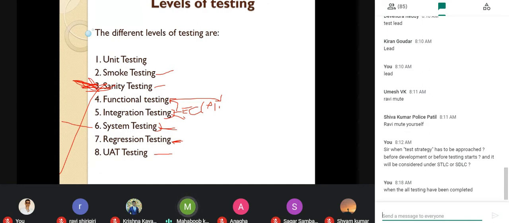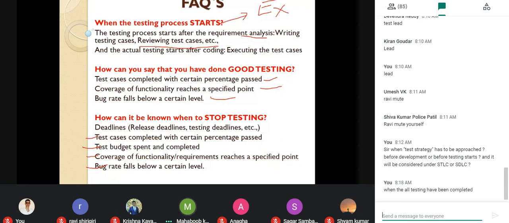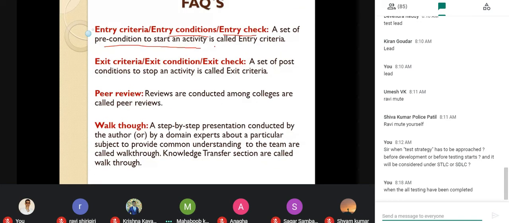Try to understand the exit criteria and entry criteria. This is very important from the interview point of view. He can ask the exit condition, exit check as well. Then peer review. What is peer review here? A review conducted among colleagues is called peer review. We have already seen, what is a walkthrough?